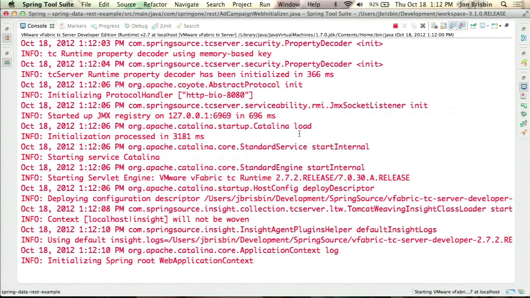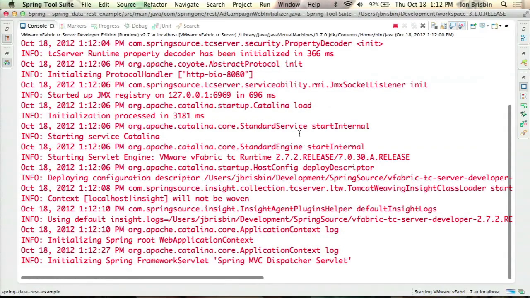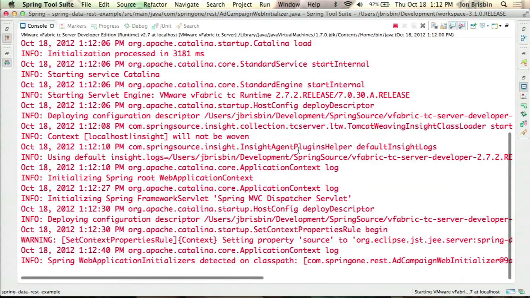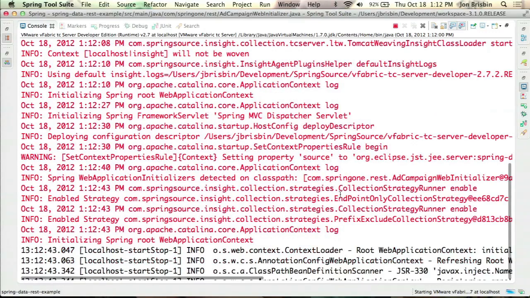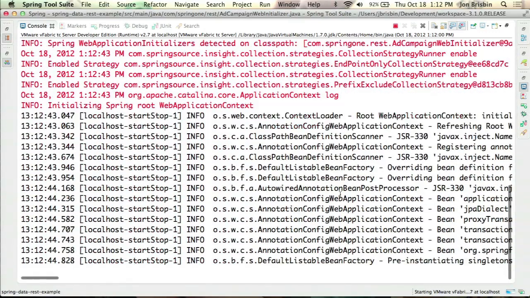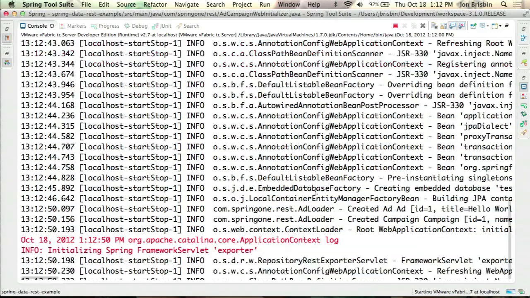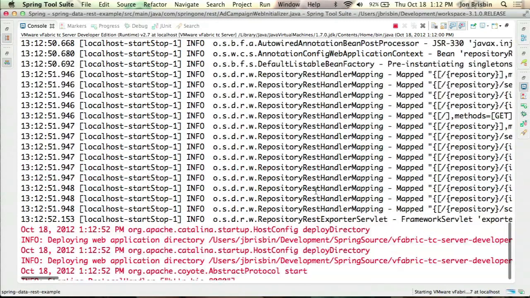It's taking a little longer to start here, and we'll notice this as we're going along. What's happening is I've got Insight running on this, and Insight's doing some weaving and other magic so that we can drill down into things. So that's why it's taking a little longer to get started here. Okay,